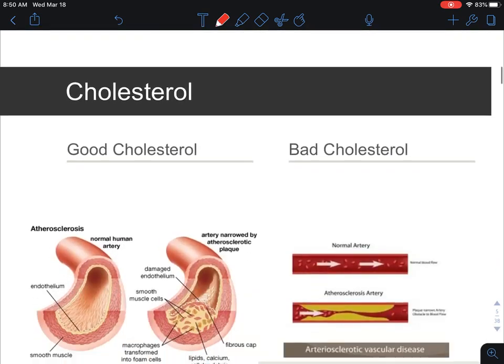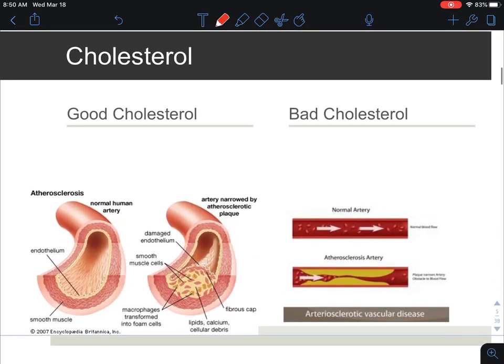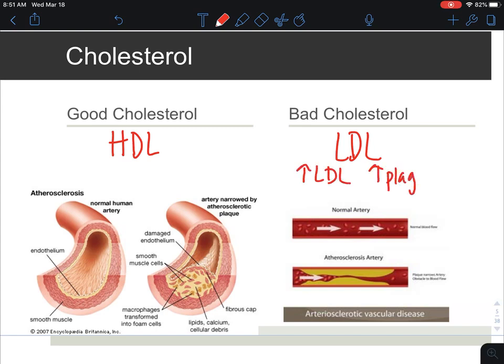Now, as a recall, we can review cholesterol. And we have our good cholesterol, which is HDL, which we want a lot of, and our bad cholesterol, which is LDL, which we want to limit. However, it is important to have some LDL because it's necessary for a couple other functions as previously discussed. Again, the development is as we increase LDL here, we're going to increase the amount of plaque buildup, specifically